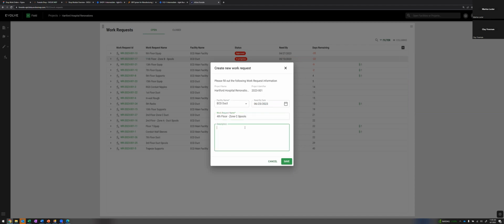Now we have quite a few customers that are just entering the spool details right from here. So it could be spool 3, 5 through 7 and 9 is what's being requested,